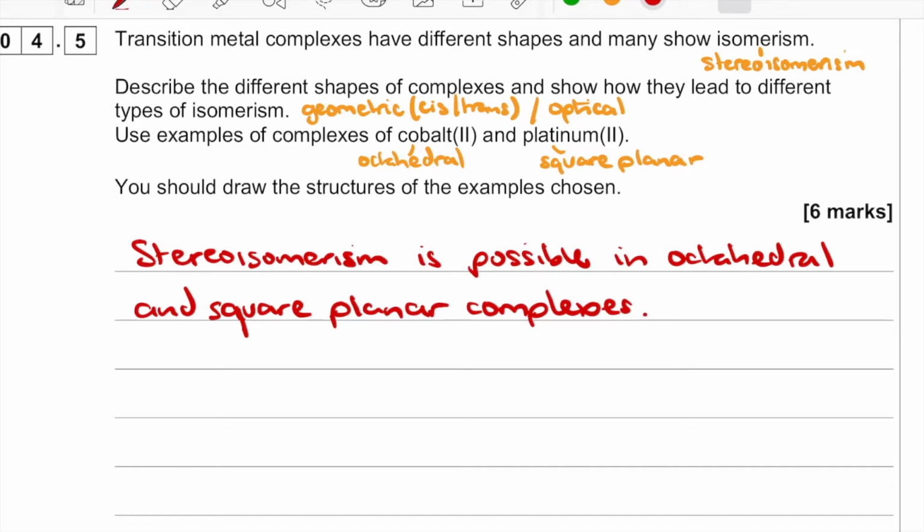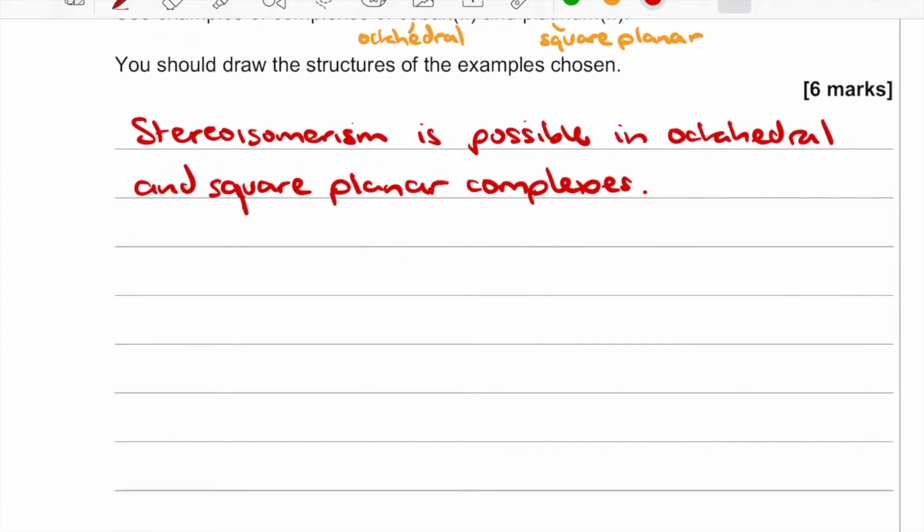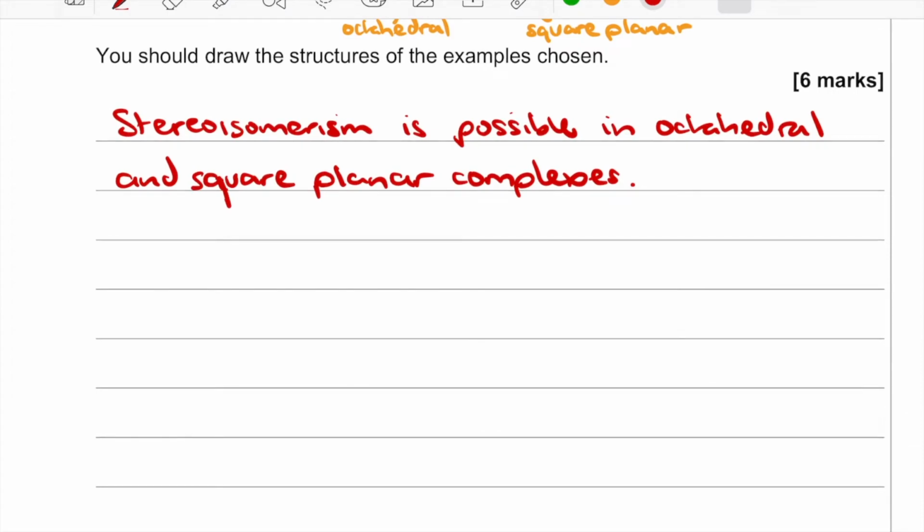Okay. Now we could draw a square planar and an octahedral shape, but as I'm going to use both of those to illustrate the different types of isomerism, I don't think that's absolutely necessary. So let's start with cis-trans. You need to remember that these types of stereoisomerism feature in transition metal complexes, or can feature. So cis-trans isomerism